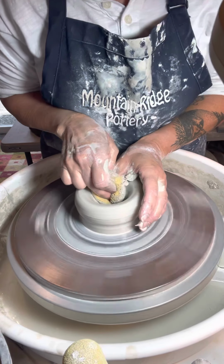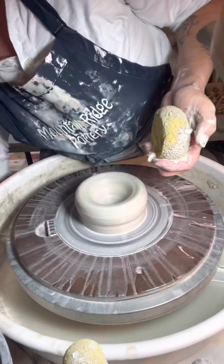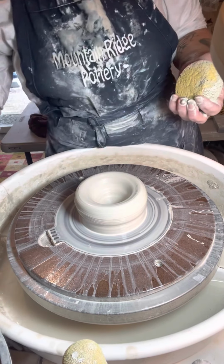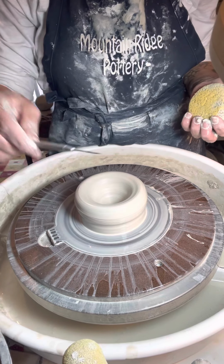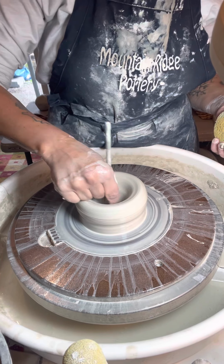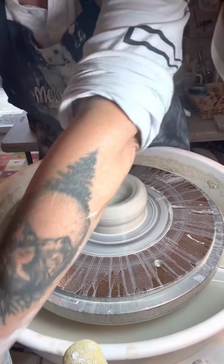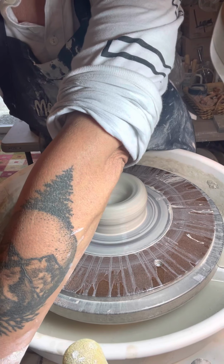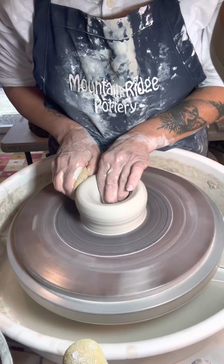If you're a beginner, I always suggest you take a needle tool. Oops. This is right here. Take one of these needle tools. And I put it in the bottom to see where we're at as far as thickness. Right now, pretty thick. I keep it thick until I've pulled the walls as far as I want to the